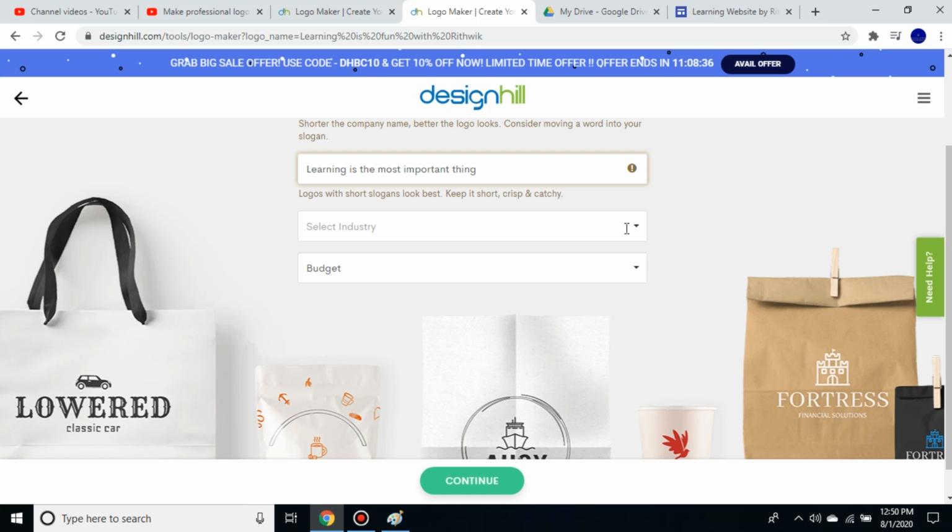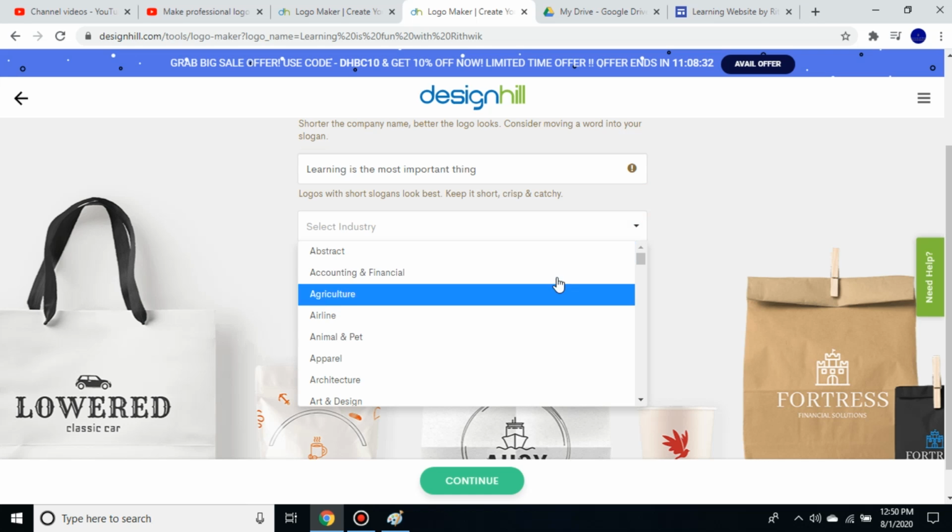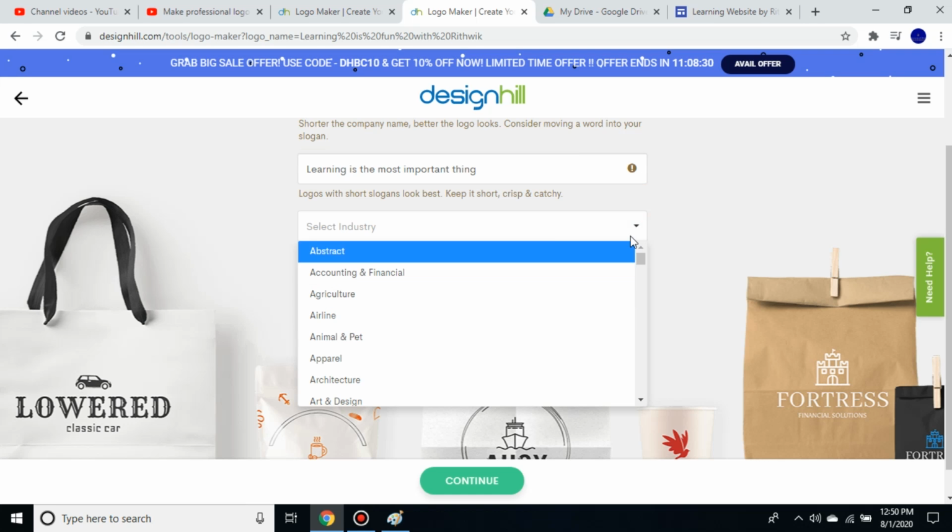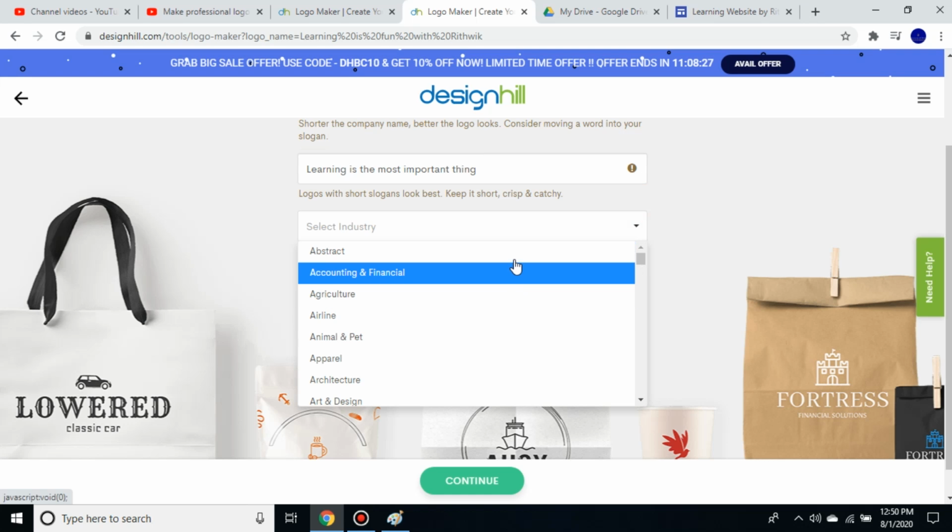You can type a short slogan which you like, and I like this slogan, so I have typed that.